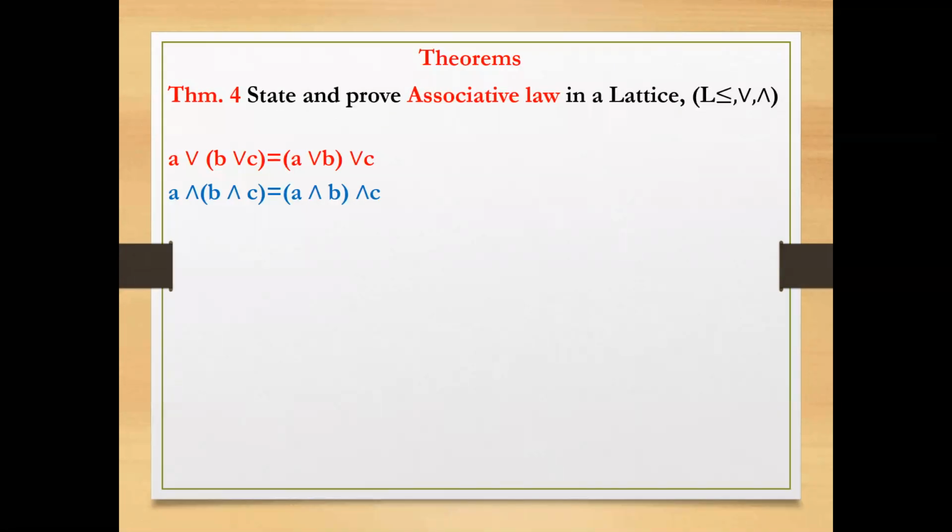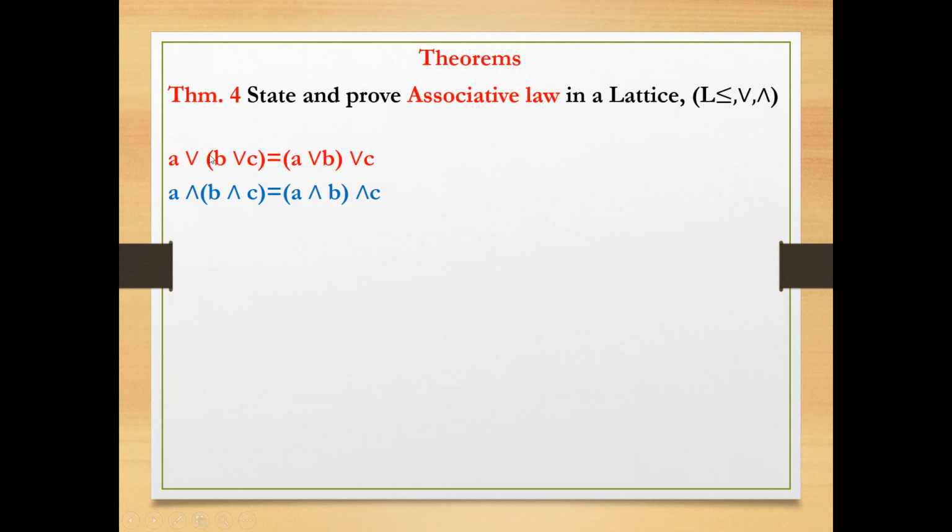Now today in this video we will state and prove the associative law in a lattice. We will discuss the associative law which states this. This is called the associative law. Here you have the symbol join in both places. The key in the associative law is that the order of the elements should remain the same, A B C, but here we have put the bracket on the last two elements, and on the right hand side we have put the bracket on the first two elements.